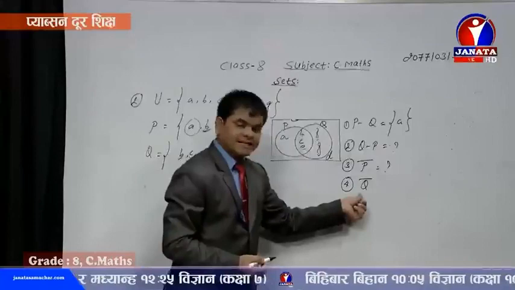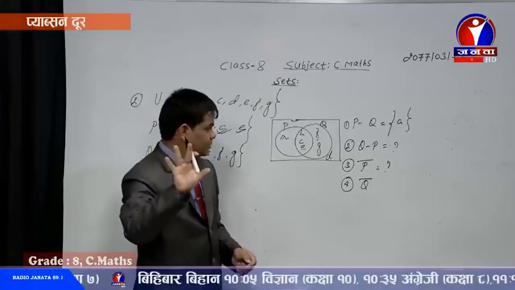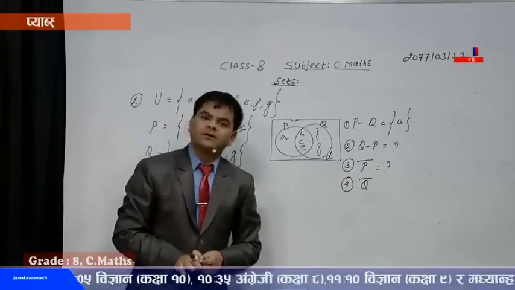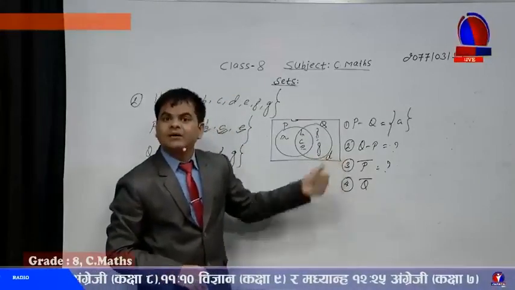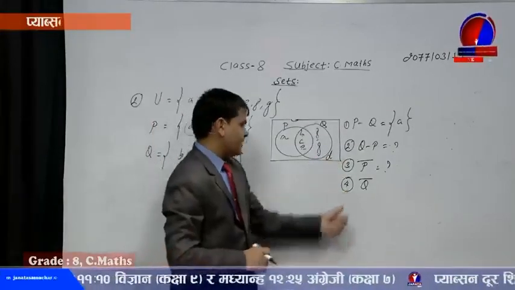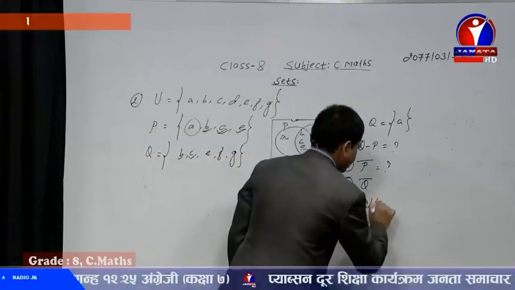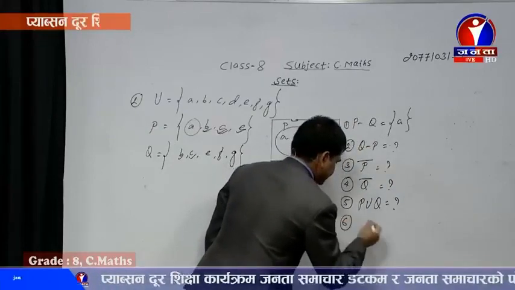And Q complement means hide the circle Q, except those elements of Q circle, other remaining elements, along with the complement. That means we should not forget to keep the information contained in the complement side. So in that way, find out this one. Another one is P union Q. Find out P union Q as well. And then after, number 6,